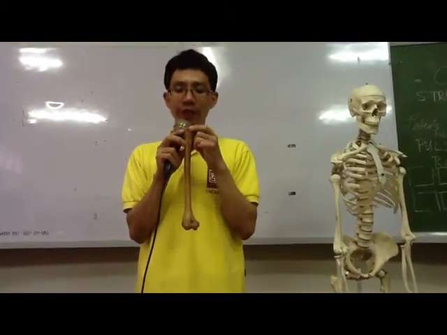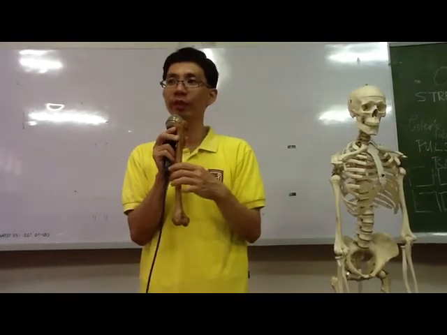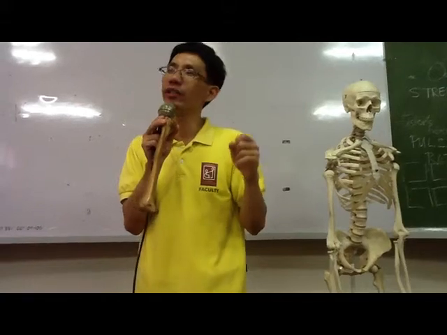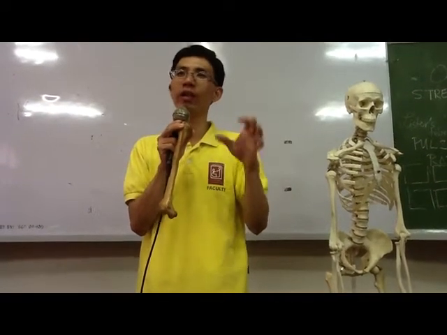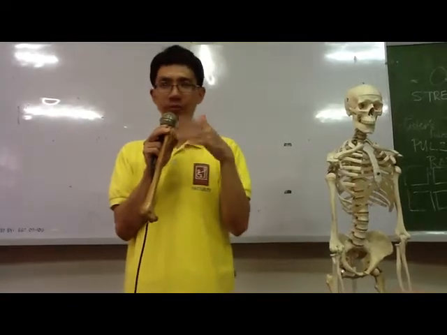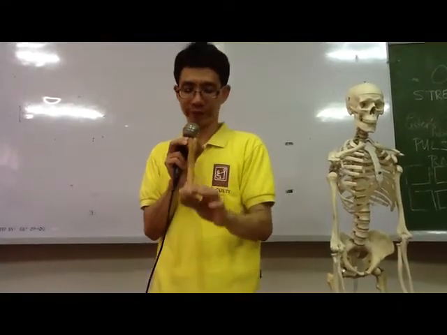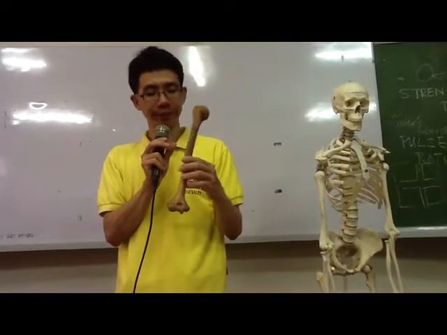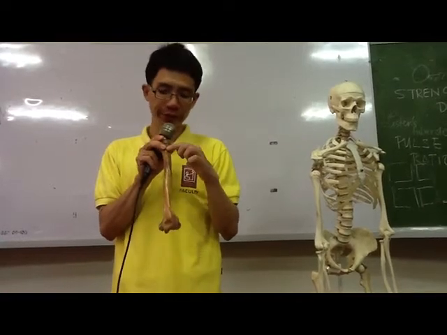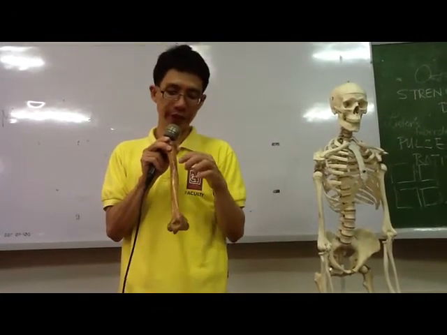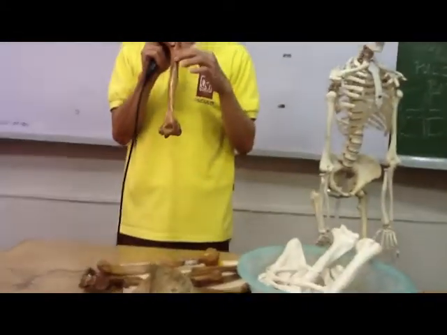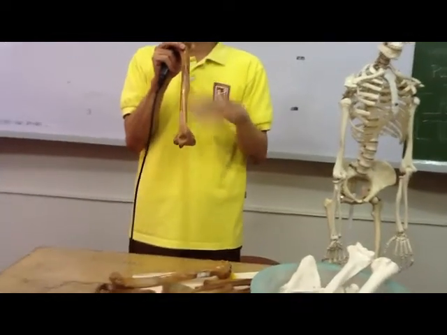And between the two tubercles, you have a certain groove. We call that the bicipital groove, or some would also call it the intertubercular groove, because it is between the two tubercles. Then posteriorly, there is a certain groove where your radial nerve passes through. We call this groove the spiral groove or radial groove.